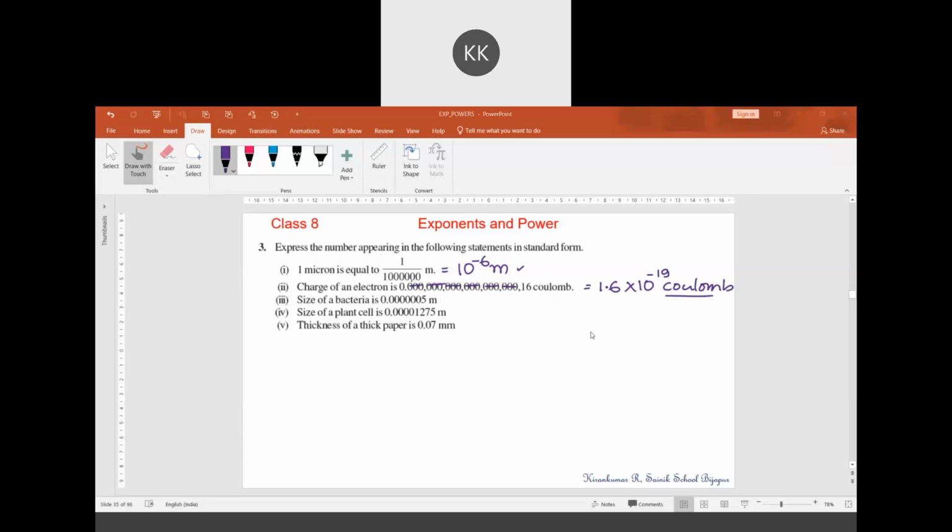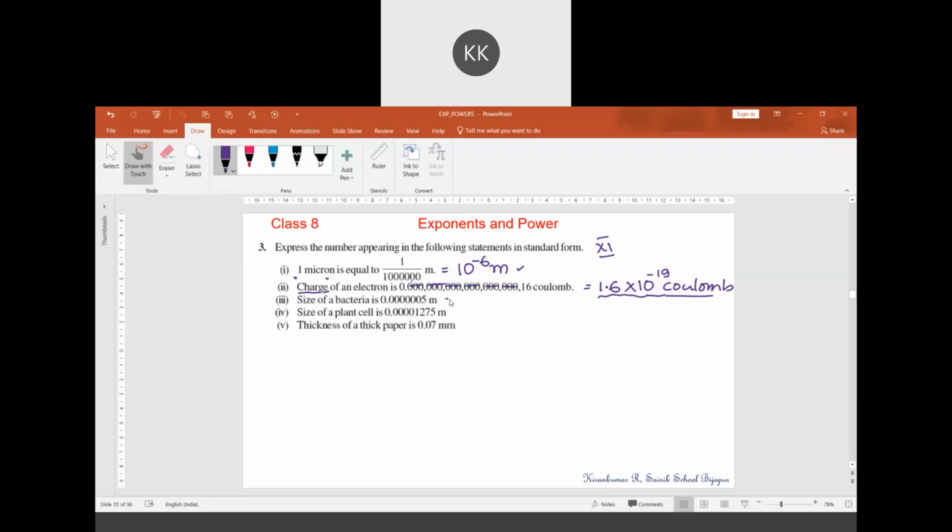Sir, they gave the units in that question. Unit of what? It is a unit of charge. Charge of an electron. So the unit of charge is coulomb, and one electron will be having 1.6 into 10 to the power of minus 19 coulomb. This is another important thing. In class 11th, you have electrostatics. There you will come across this value, 1.6 into 10 to the power of minus 19 coulomb.